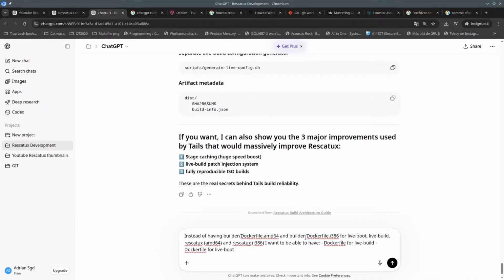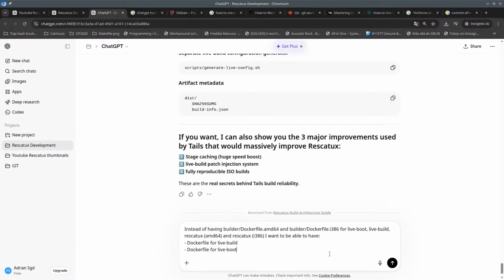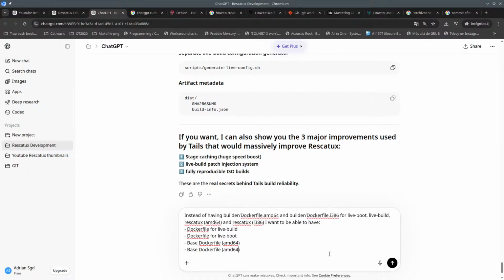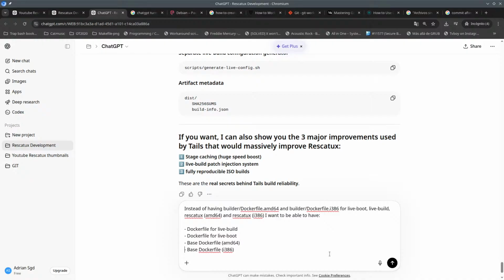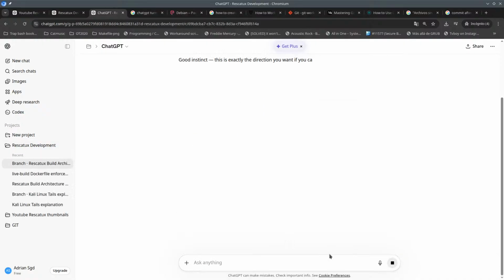So instead of having this and that and that and that, I want to be able to have Docker file for live build, Docker file for live boot, Docker file being base, Docker file AMD64, and base Docker file i386. And that way